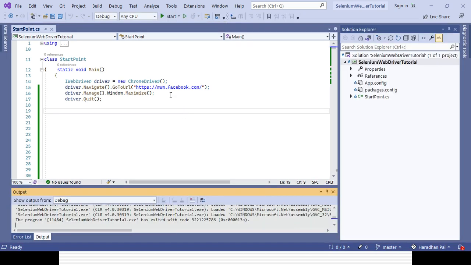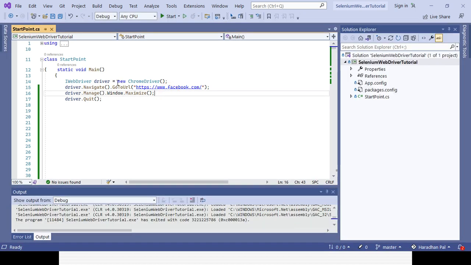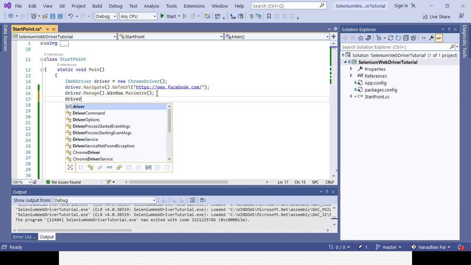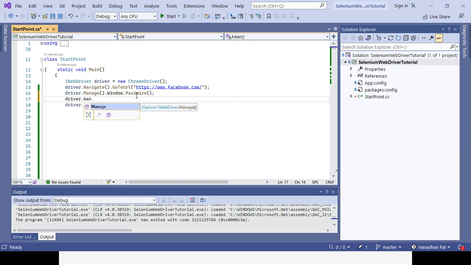So sometimes I also want to minimize my browser, right? Then how can I minimize it, right? So suppose I am just opening my browser, I am navigating the URL, I am maximizing it, then I can minimize it. Driver.Manage, similar way, .window, and it will be .minimize. If we press dot, you can see the minimize method will be coming,